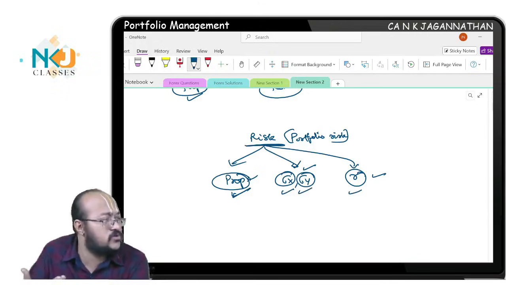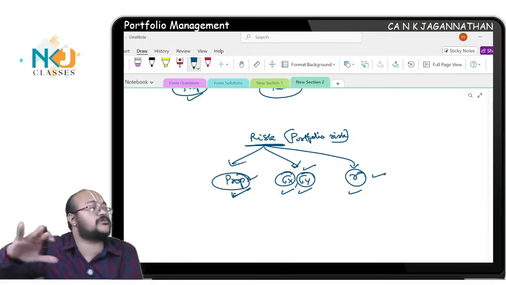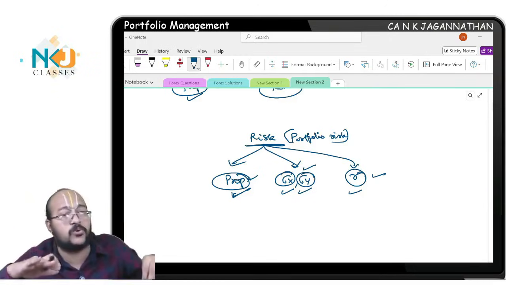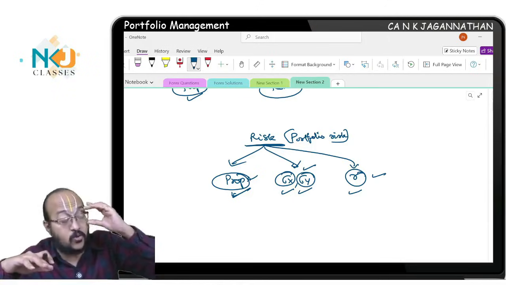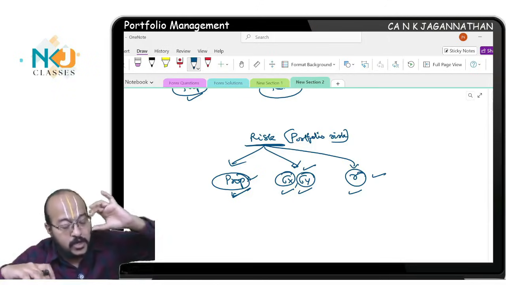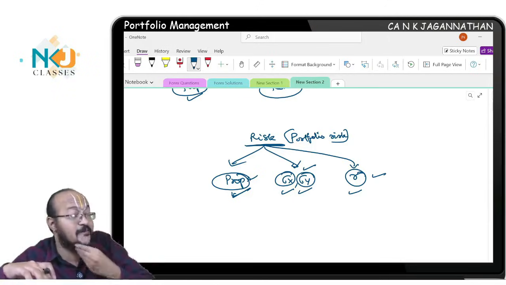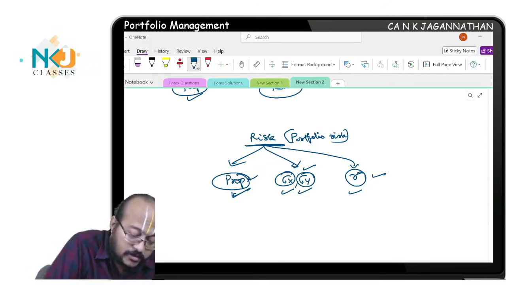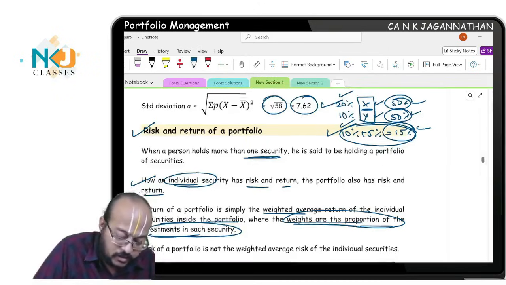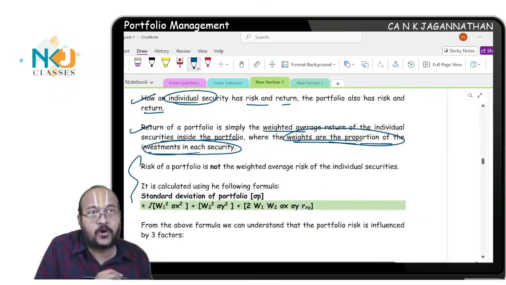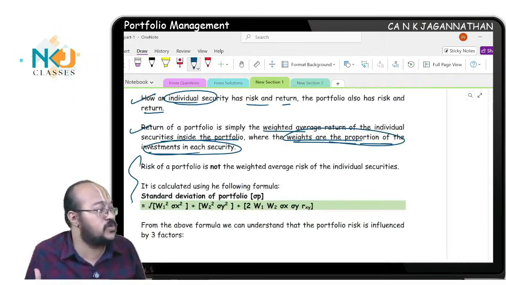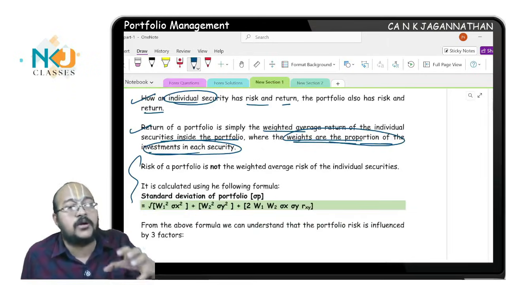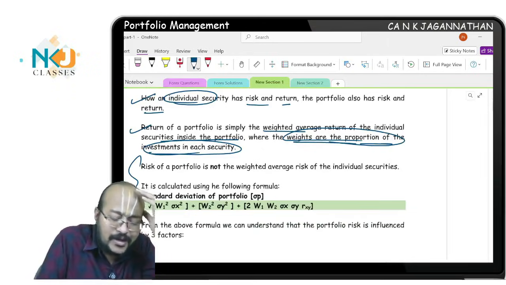If you are constructing a two securities portfolio, it depends. Correlation among these securities inside your portfolio will also have an impact on the portfolio risk. Correlation is nothing but co-movement. We are going to learn that. Are you understanding? See here, this is what we are going to learn. Risk of the portfolio. So we need to find the portfolio risk formula now. Using these three factors, we construct a formula,